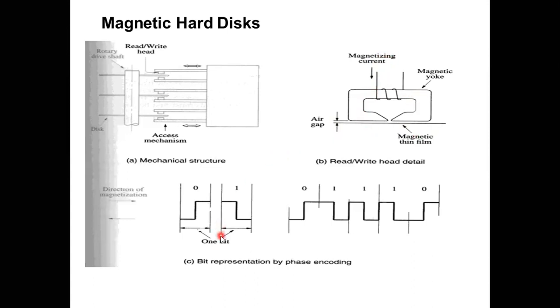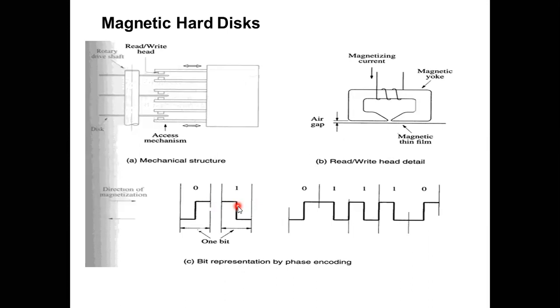As far as the bit representation of phase encoding, first of all you see this picture. By this you can understand this complete phase encoding. Here you will see there are two types of edges: the rising edge of a clock and the ending edge of a clock. There are again two types of logic: positive logic or negative logic. If we consider the rising edge with 0 and the ending edge with 1, then it is called negative logic. The vice versa is positive logic.